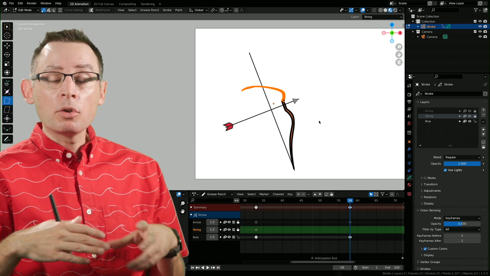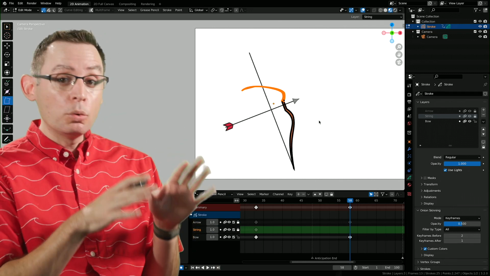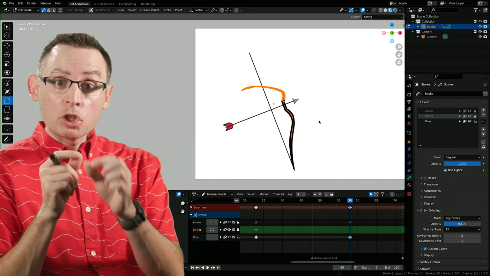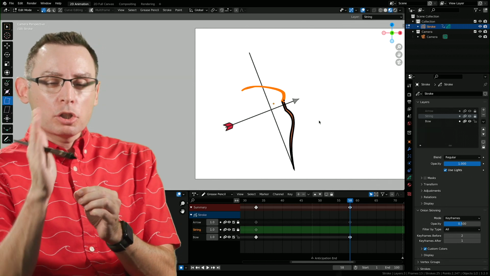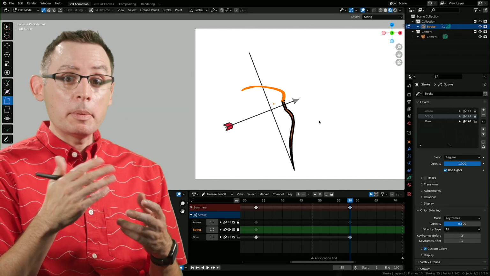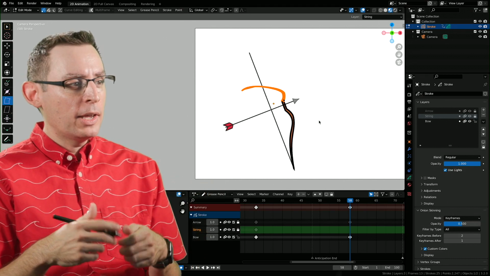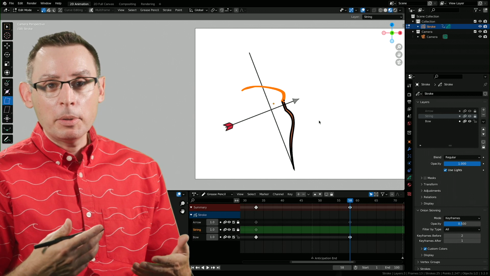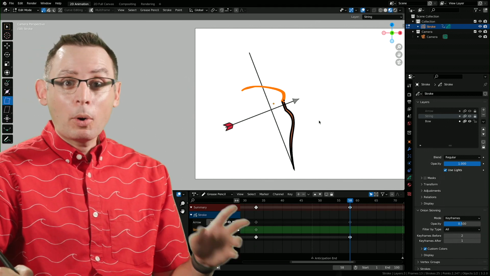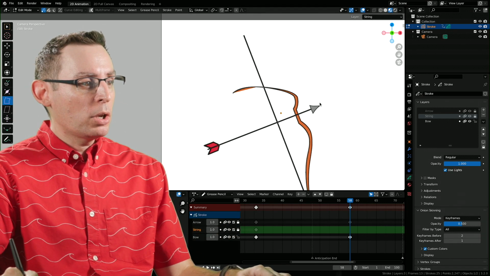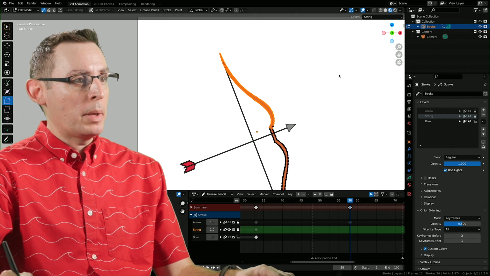Now, the 3D cursor is a wonderful tool, and many of the tools in Blender access and leverage the location of the 3D cursor to determine where a certain operation is going to begin or end. It's always on, and the influence is always active, even though we can turn its visibility on and off. For the most part, we're going to keep it off. Let me show you where we can find it. Let me hit undo to get rid of that weird bend.